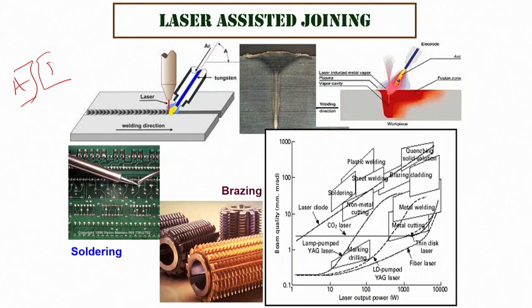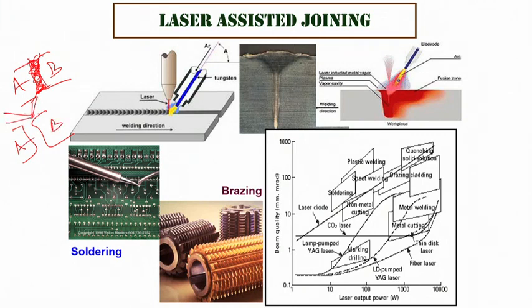If we want to join a solid body A and B together, we can simply heat here in such a way that this part melts and some part of B melts, and eventually they fuse with each other. So it's a fusion joint created by partial melting of A and B at the edges. That's typically welding. But you may also do soldering or brazing, whereby you have A and B as two parts, and then you bring in a filler metal